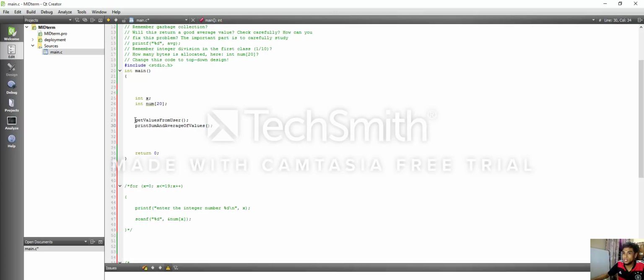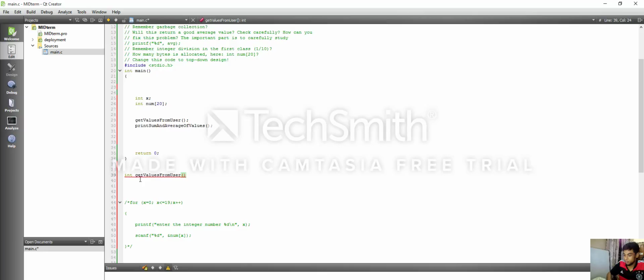So this is actually int type. Then this is an int function, then we make